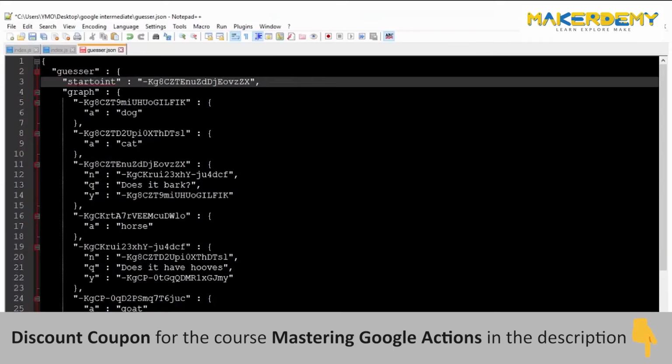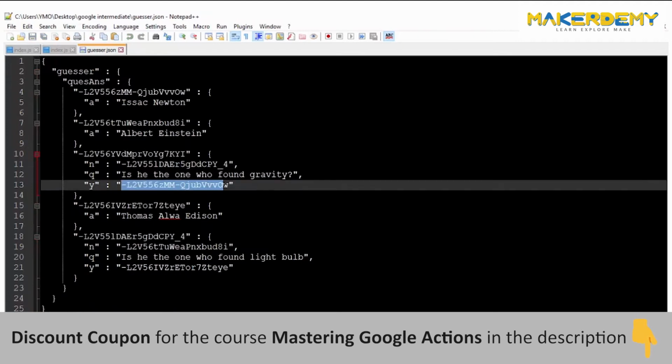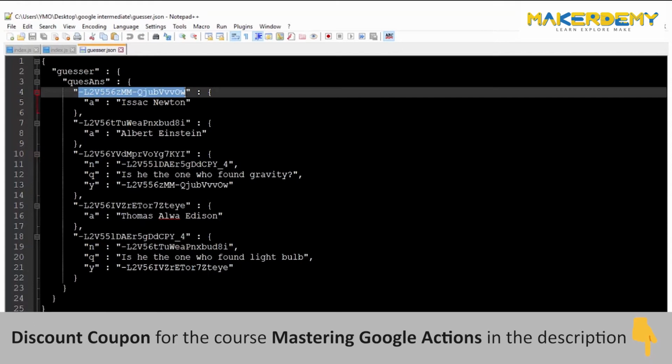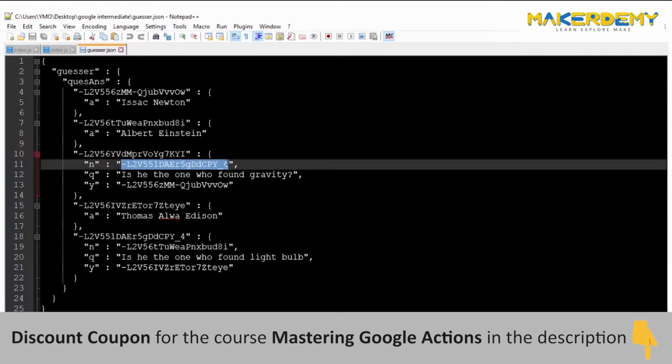Now, to start asking the questions, I must initially have some. I have created this JSON file for this purpose. As you can see, I have created a few questions. The main thing to note here is the link. The flow is like this. If the user says